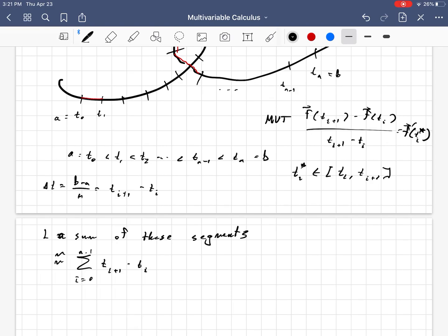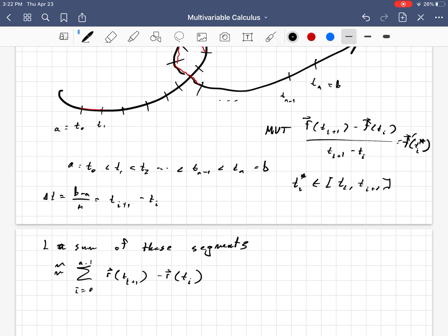So what we can do is, we could write, I'm sorry, this should have been not t sub i, it should have been r of t sub i plus 1 minus r of t sub i,